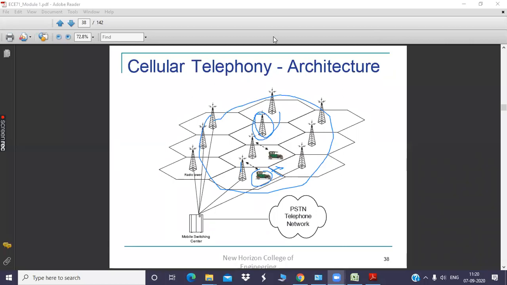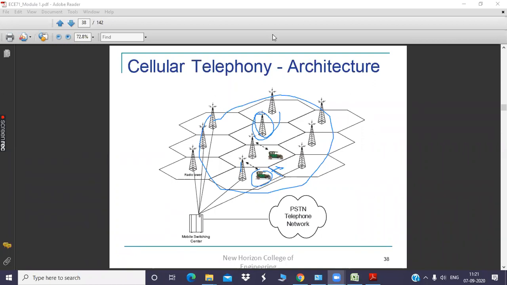So whenever two cells are closely situated to one another, communication design engineers should take care of the channel assignment strategy in such a way that there is no sharing between two neighboring cells. If we have assigned a group of channels to this particular cell, we should ensure that the same set of channels is allocated to different cells situated at a much larger distance. Geographically, they should be very far apart from each other so that there is minimum interference. But somehow we have to share the channel, then only will we be able to increase the capacity of the entire system. So this is basically the cellular architecture.